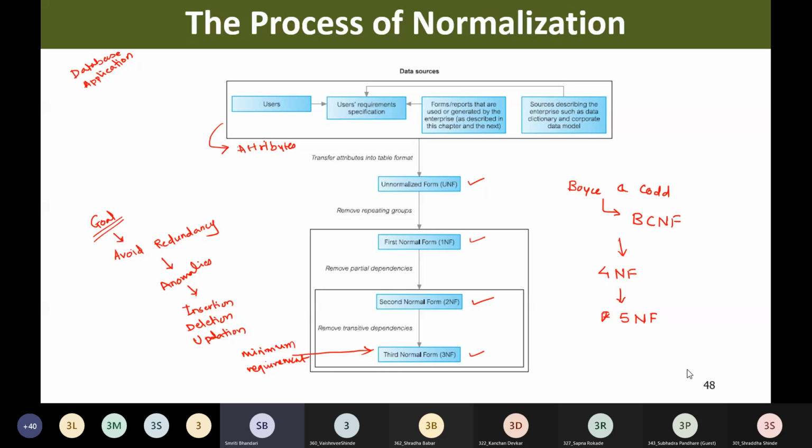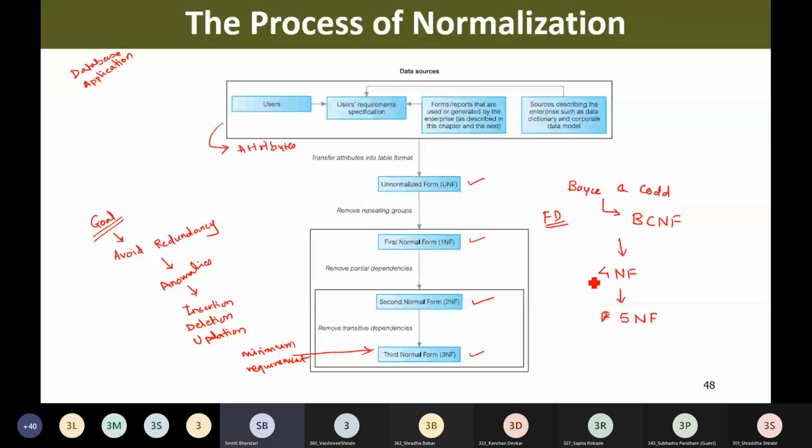Further, these higher normal forms, 4NF is based on multi-valued dependencies. That concept we are going to discuss later. And the fifth normal form is based on the concept of join dependencies,